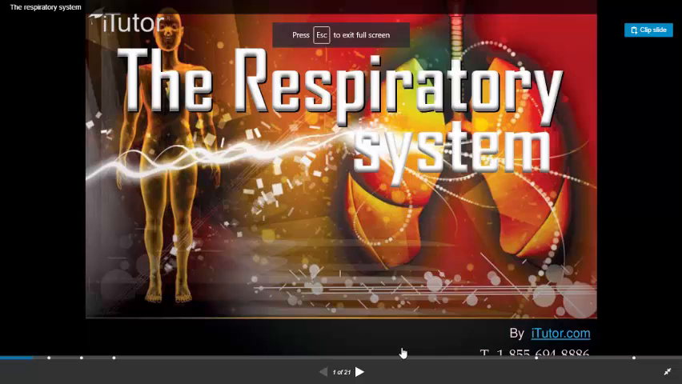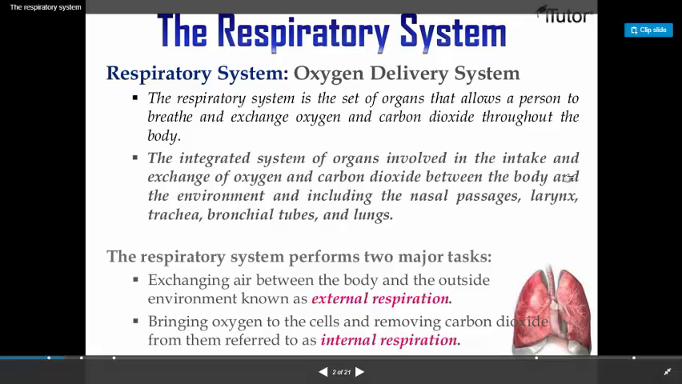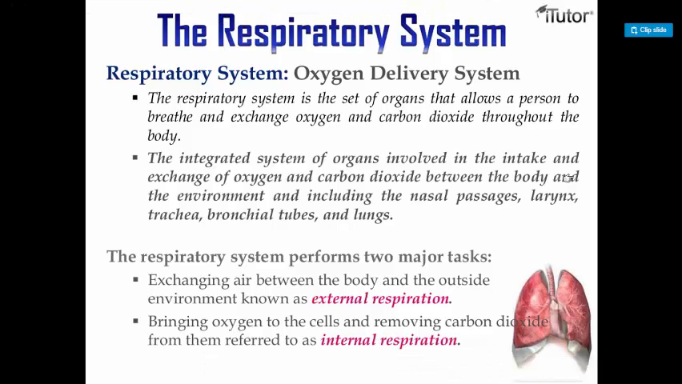The respiratory system. The respiratory system is for grade 9. The respiratory system is the system responsible for delivering oxygen to your body. This is basically the main function of the respiratory system, to get oxygen into your body so that oxygen does its magic, burning the food inside the cells and getting you energy, and subsequently having wastes as carbon dioxide